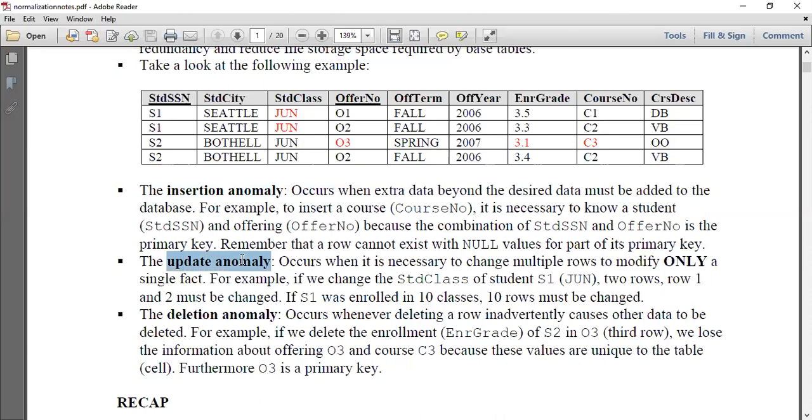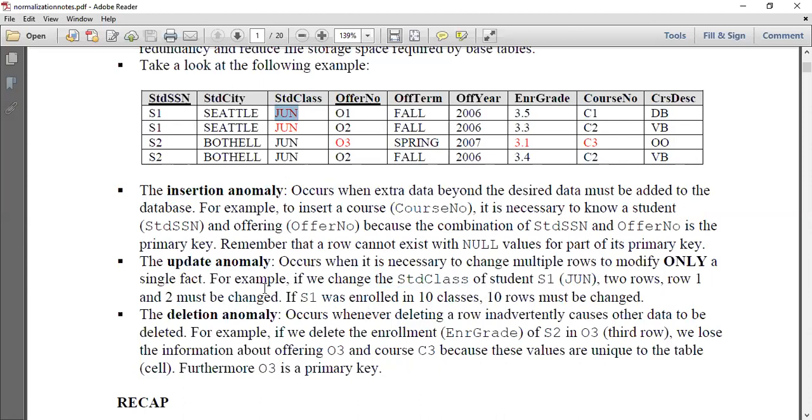Similarly, what is the update anomaly? It occurs when it is necessary to change multiple rows to modify only a single fact. You can see this example. If we change the student class, say the modification for student S1, June, I want to change this June to something else, let's say July. Then how many rows will be affected? Two rows, for the particular student S1, for only a single fact.